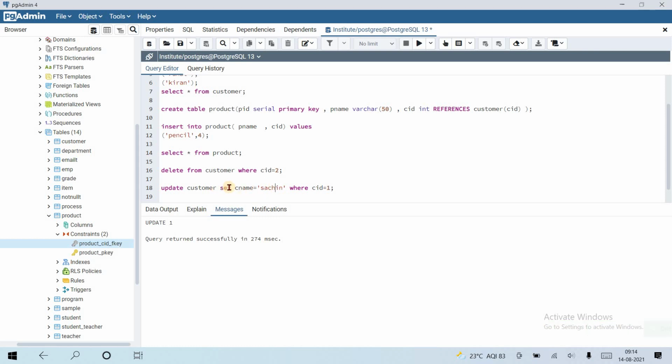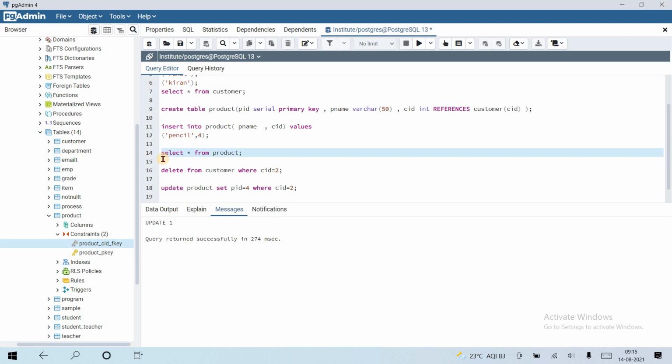Okay, let's try to update on the product table. Set PID equal to product ID. We can set anything. Suppose where CID equal to, suppose, 2.